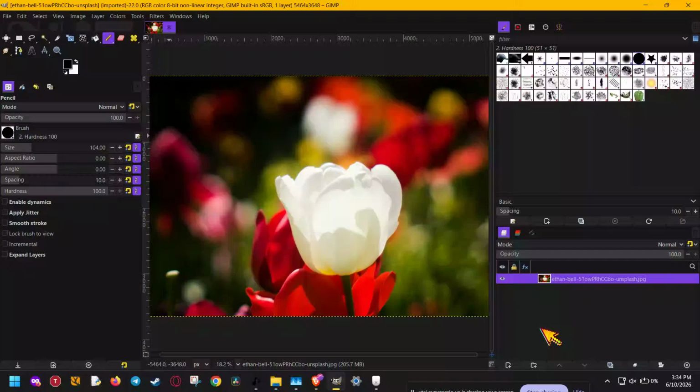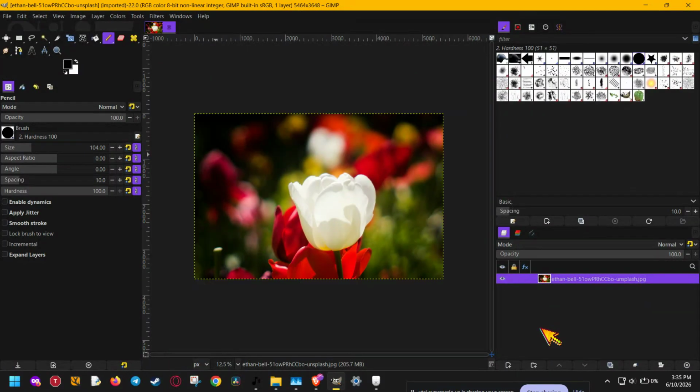If you've ever taken a photo and noticed those dark corners caused by lens vignetting, don't worry, because in this video I'm going to show you exactly how to remove vignette in GIMP quickly and easily. This is a simple fix that can help brighten the edges of your image and make the whole photo look